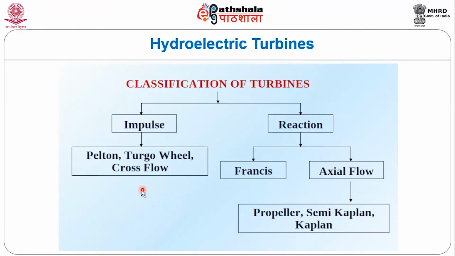And these are the various hydroelectric turbines, classification of turbines. There is an impulse and reaction turbine, the major classification. Under impulse, the Pelton wheel and Turgo wheel and cross flow, and from the reaction turbine, Francis turbine and axial flow, we have propeller and Kaplan